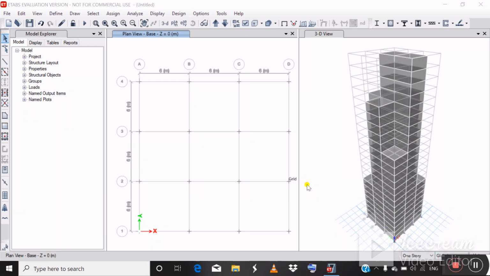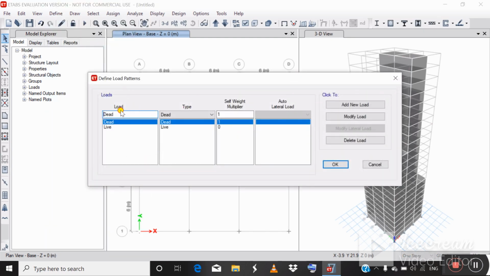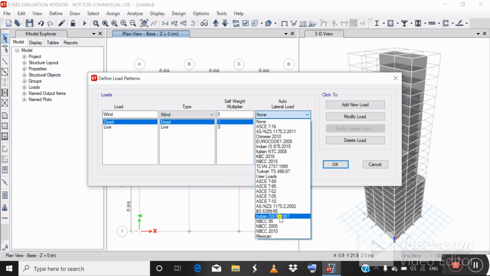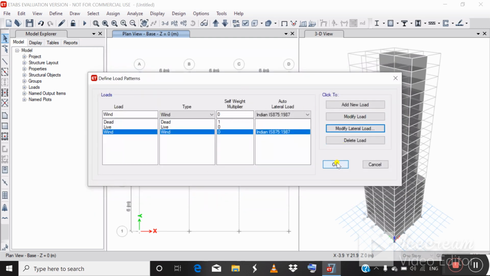Now we have to assign the wind load. For this, assign the wind load from Load Patterns. Our building is located in the Bangalore region, where the wind speed is 33 meters per second. The terrain category is 3, the structure class is C, and the coefficients K1 and K3 are considered as 1. Click on OK. Click on OK.